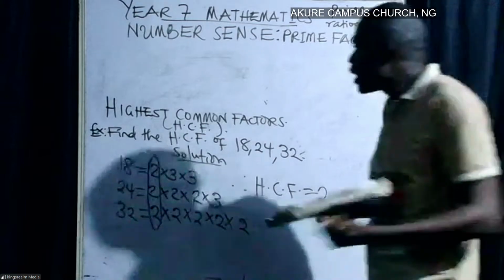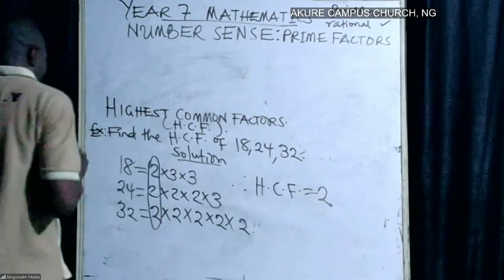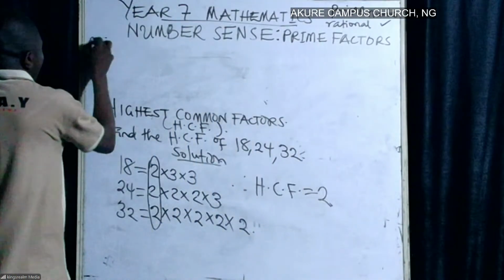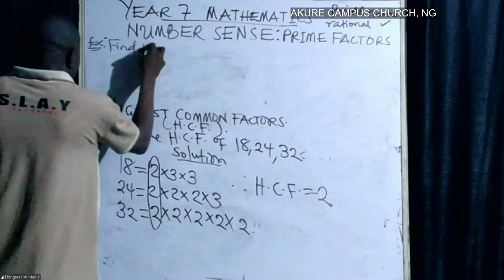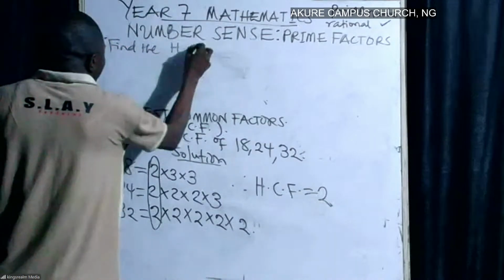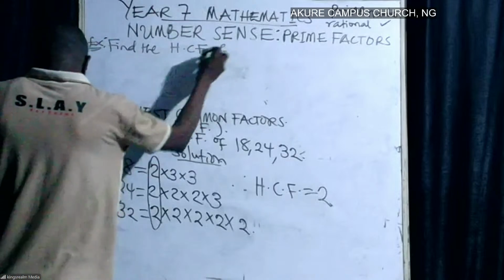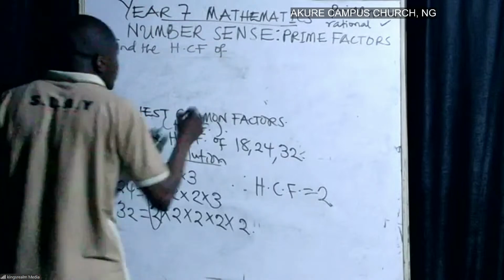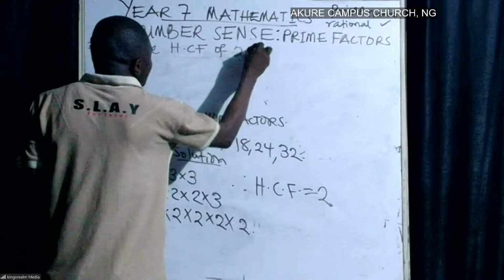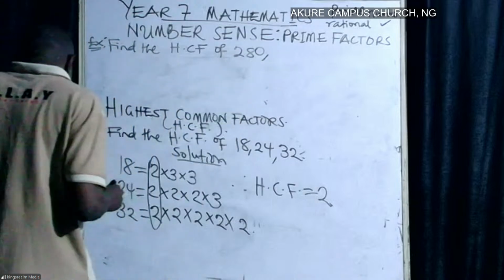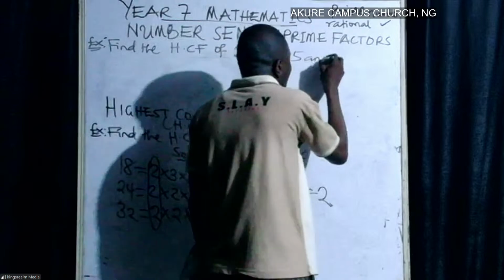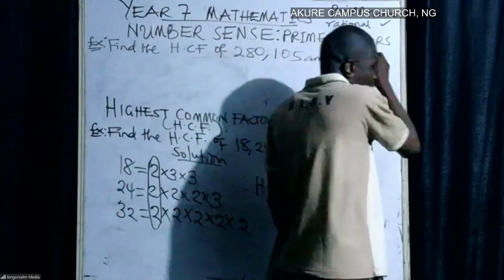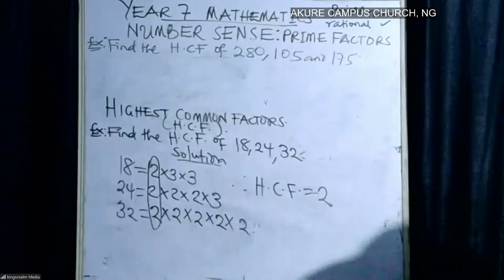Let's look at a bigger number. Another example. Find the HCF of 280, 105, and 175. So if we have a bigger number like this,